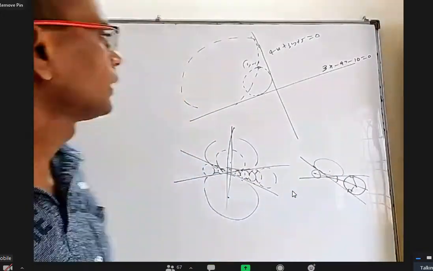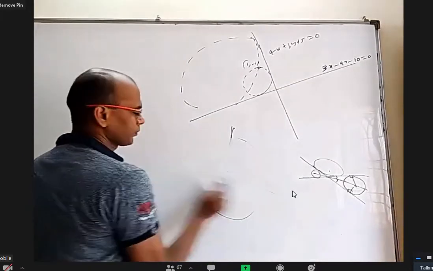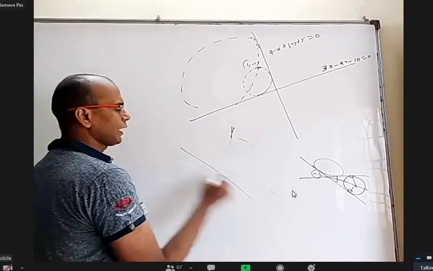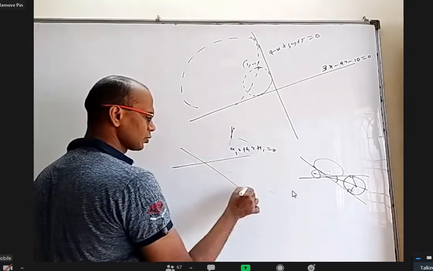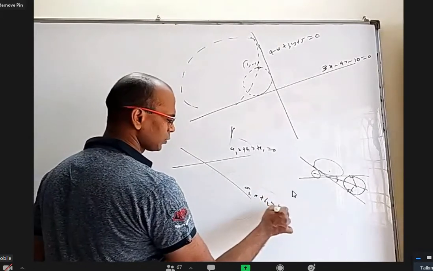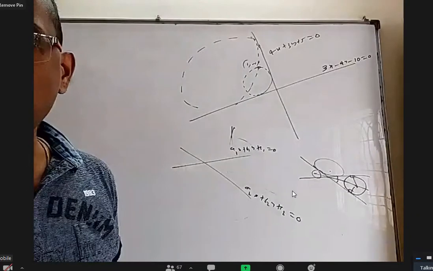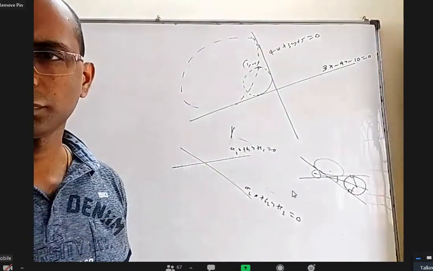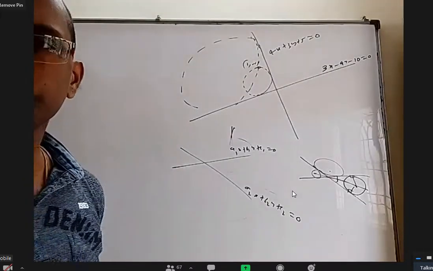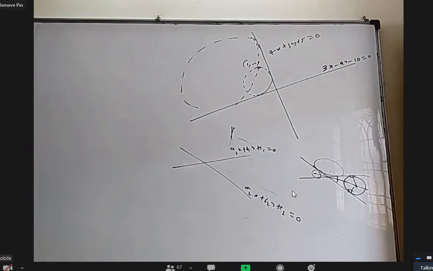Correct? Okay. Next. Does anybody remember from first year, if I give two lines, a1x plus b1y plus c1 equal to 0 and a2x plus b2y plus c2 equal to 0, how are you going to find the angular bisector of the two lines? Is there any formula in first year? (a1x plus b1y plus c1) by root over (a1 square plus b1 square) equals plus or minus (a2x plus b2y plus c2) by root over (a2 square plus b2 square).